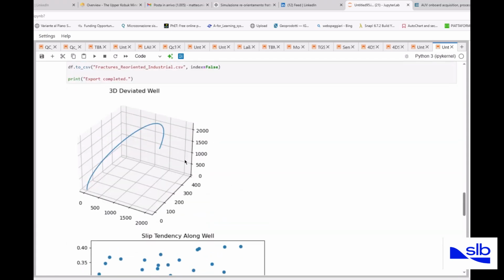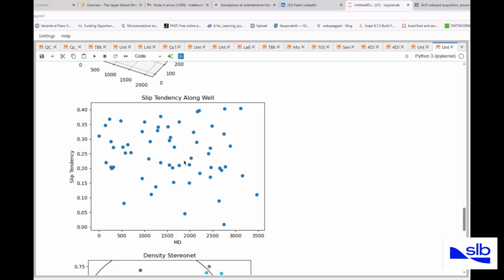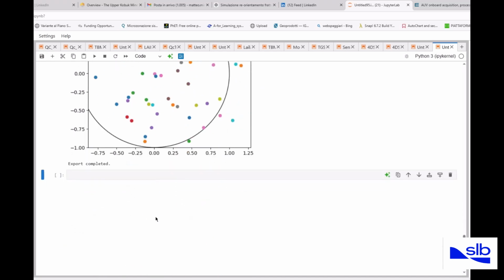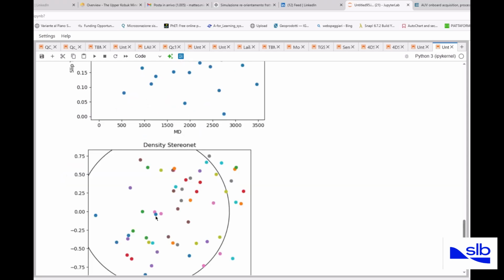You have also the 3D plot of variation. You can have also the slip tendencies. You are plotting the slip tendencies of fractures by the MWD steering tools, the density on segment, and all can be exported in CSV. It's really important because